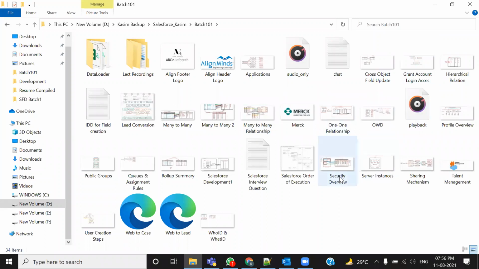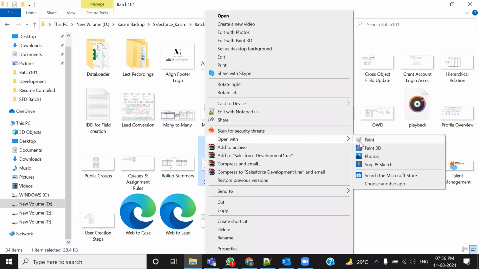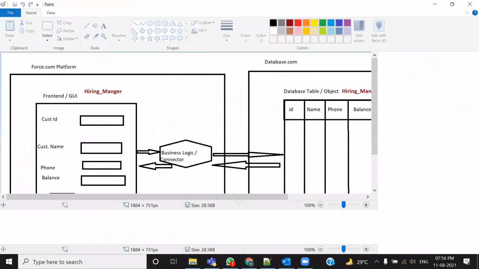Let me try to show you that diagram. Yeah, this one. See,